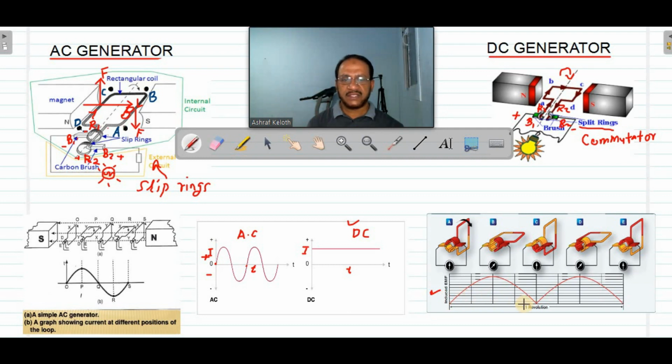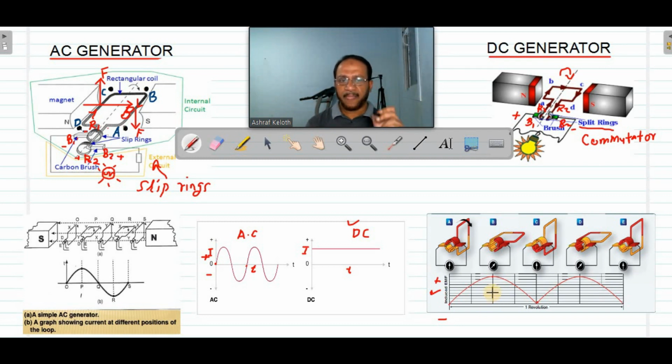The DC from a generator is not like DC from a cell. It is flowing only in one direction, only positive direction; there is no negative direction, there is no current there. Only in positive direction, but in positive direction itself, it is increasing from 0 to a maximum, then again coming back to 0, but it is not going negative. It is still positive only, increasing and decreasing. So this is called pulsating DC or ripple DC, DC with ripples.